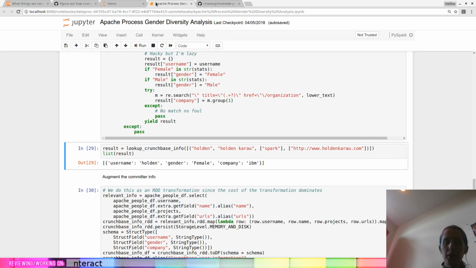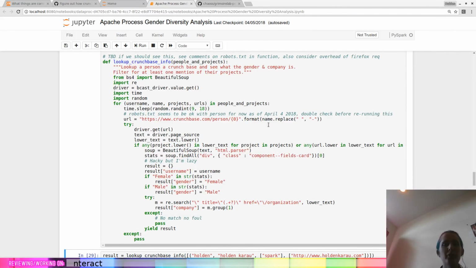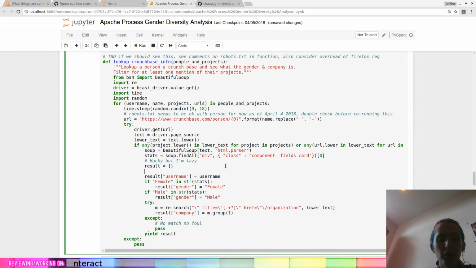So that's cool. This was just run locally, mostly just to make sure that it works. As you can see here, I use a bunch of really sketchy parsing stuff to get the results. It's not great. My theory is that if there's a Crunchbase entry for someone with that name, and there's an instance of the name of the project that the person is associated with, it's probably the right person. And I was actually going to change this to include the Crunchbase information.